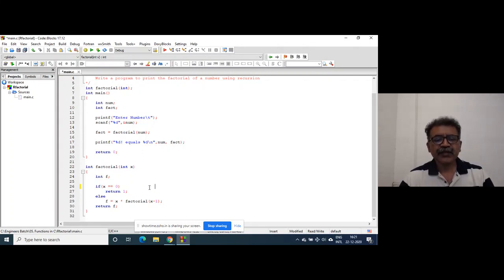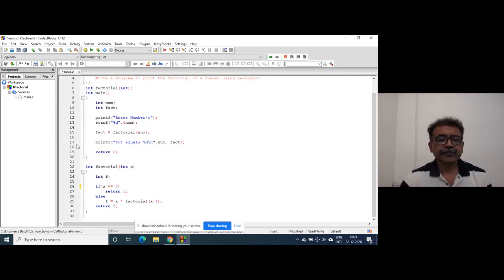That means some condition must be there which will help the recursive call to stop. So this is basically the base condition, because we know that the factorial of any number, we go on multiplying that number by 1 less than that number till 1, not 0. Otherwise, the factorial of each number will be 0.